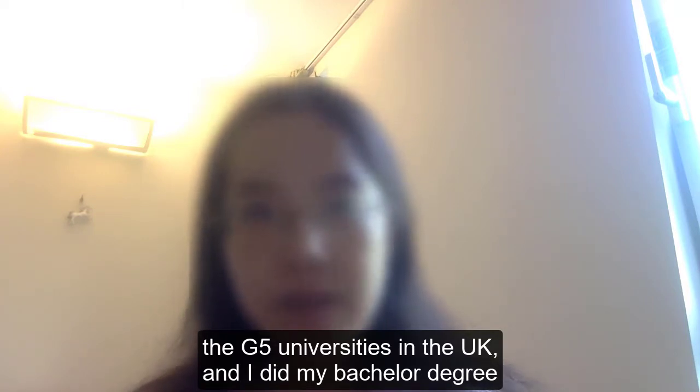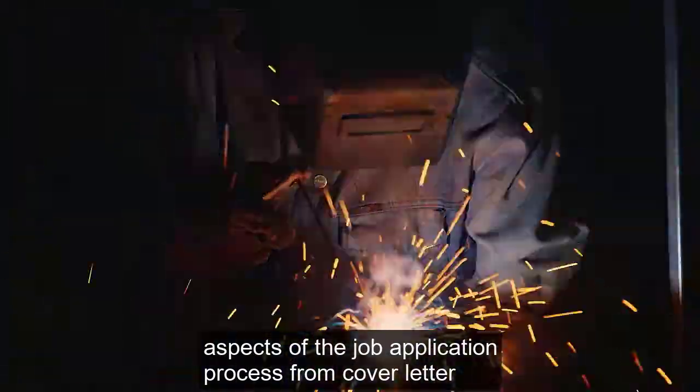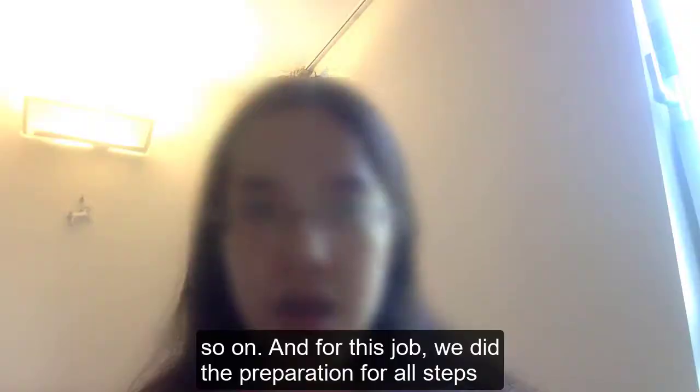bachelor degree back home. So to get this offer, I first went through all the trainings that Mike provided, which covered all aspects of the job application process, from cover letter writing to online interview and case studies, brain teasers, and so on. And for this job, we did preparation for all steps, like online test, online interview to the